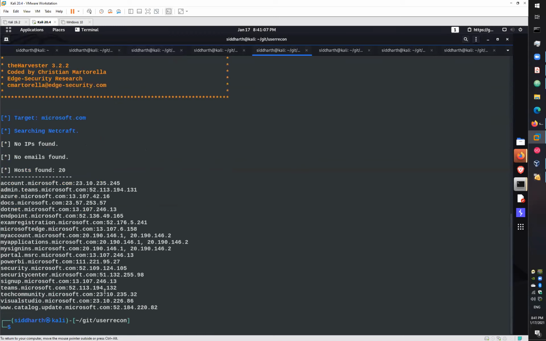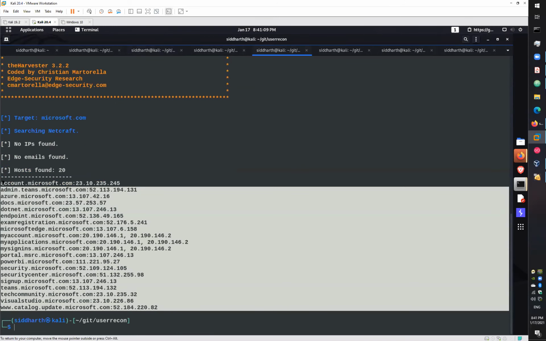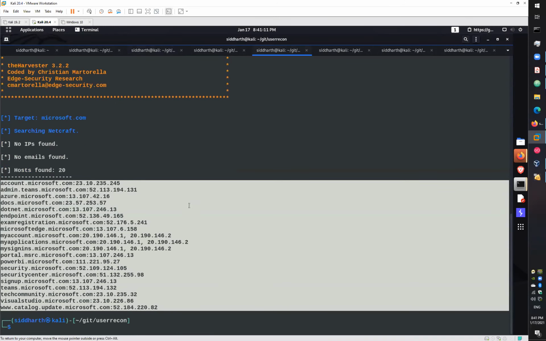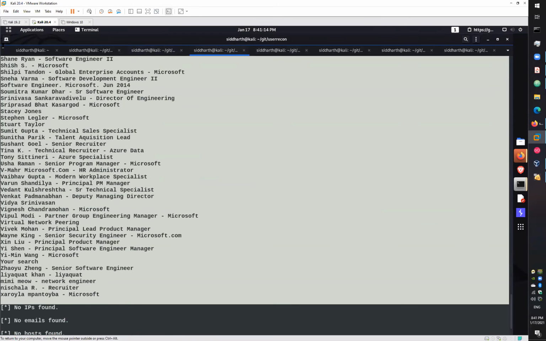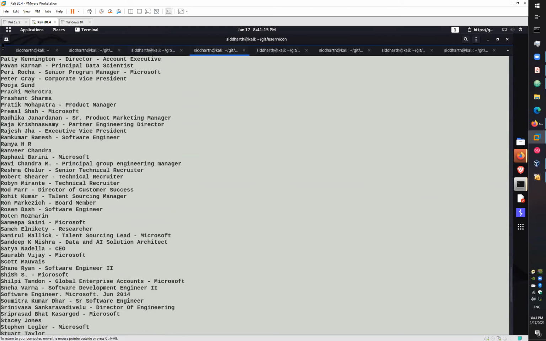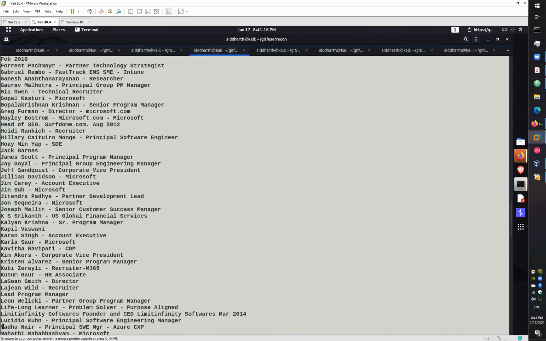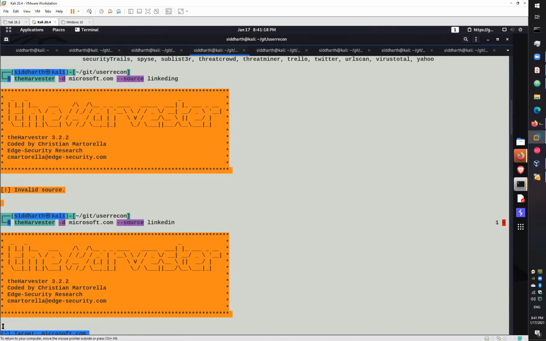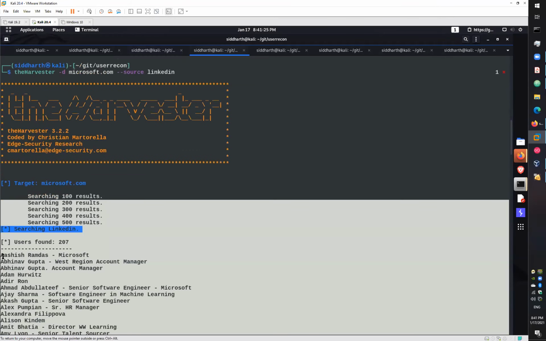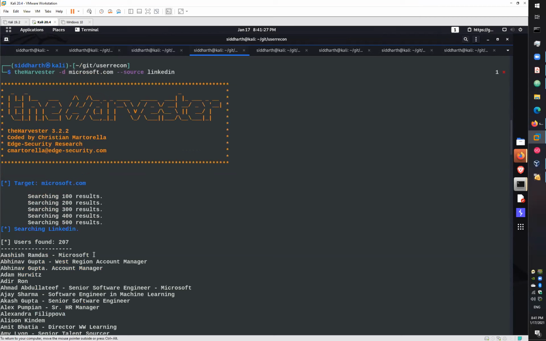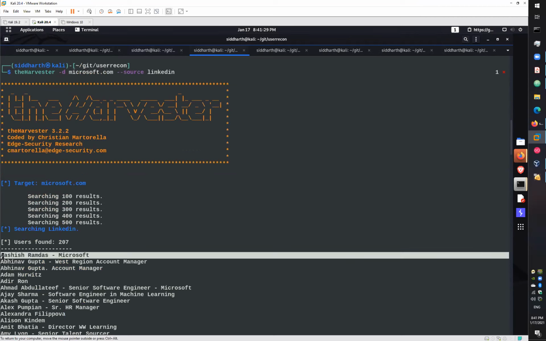I got some email addresses where I can send some kind of phishing emails. I can target these people. I can go for their social media platforms and find out their contacts. I can find out their mobile numbers and their personal email addresses from LinkedIn, and you can try some kind of social engineering attacks. I hope you are aware about phishing and vishing.